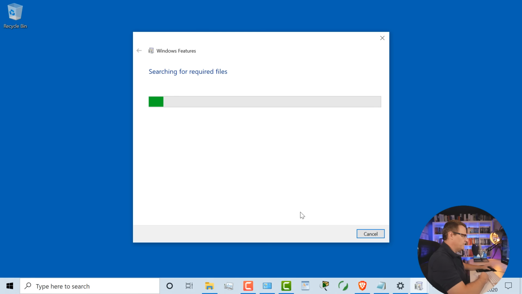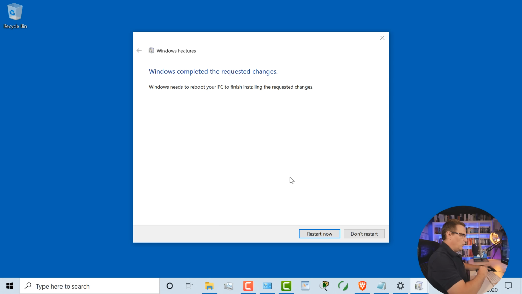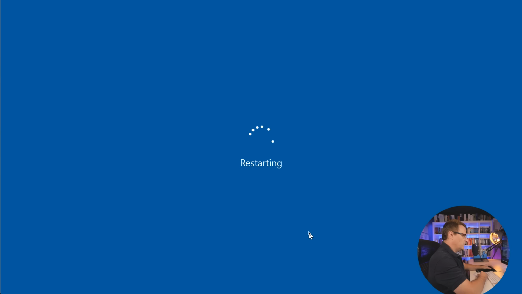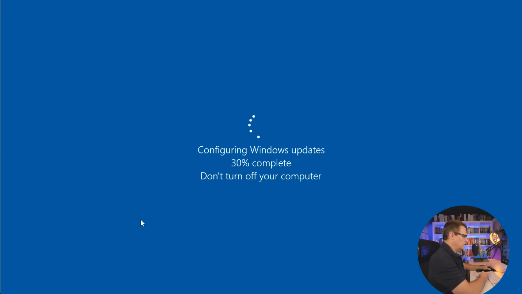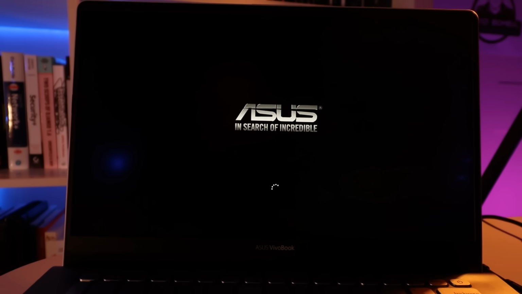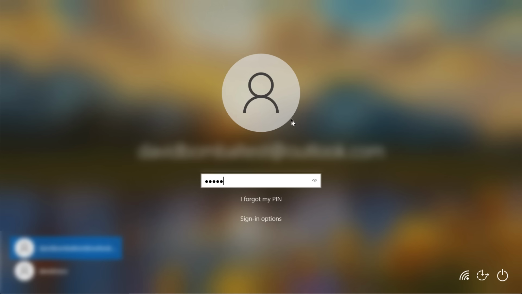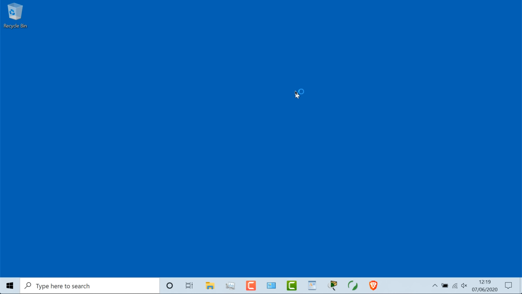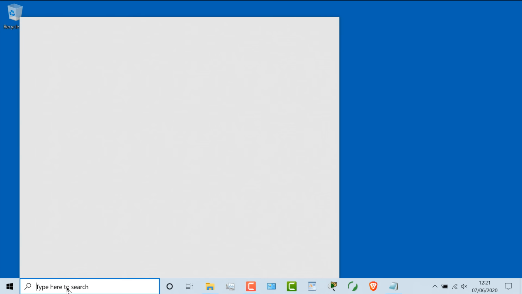Click OK. Windows searches for the required files and then applies the changes. What you will need to do now is reboot your computer. So click Restart Now to restart your Windows computer. Windows updates are installed and the computer's rebooted. So once the computer has rebooted,